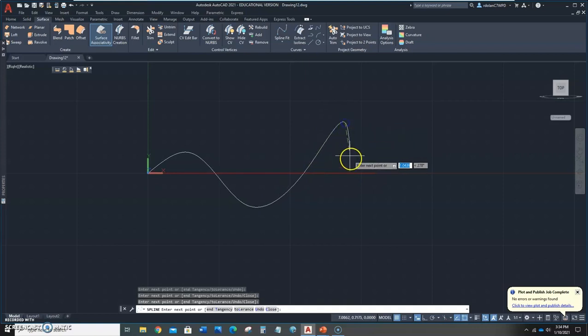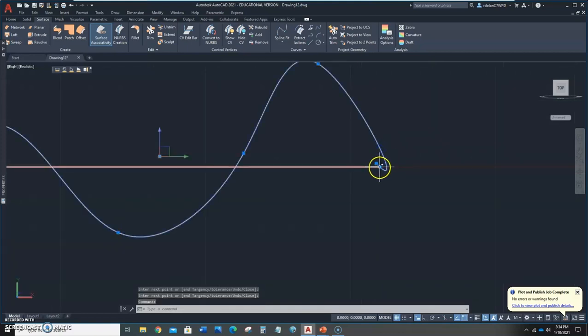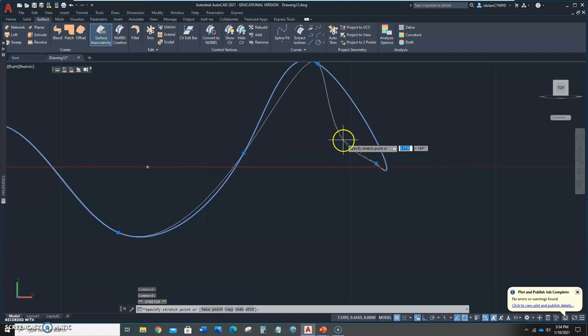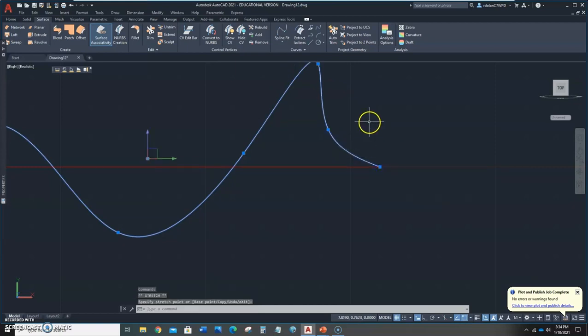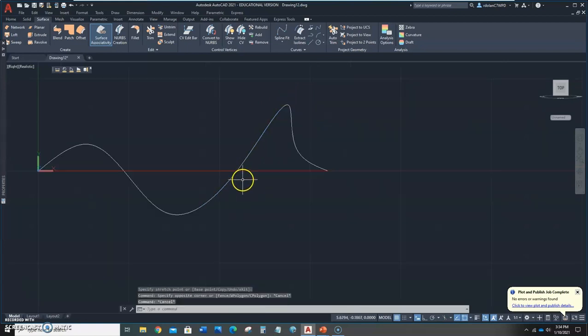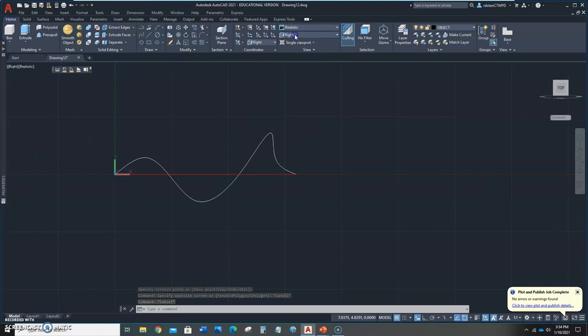It doesn't matter where you put them or how many there are. Well, I don't like that one. So I'm just going to take this and change it over to here. So I'm kind of at the end point there. Then I'll move this one to the end point. Kind of like that. Now if I go back and look at my Southeast Isometric View,